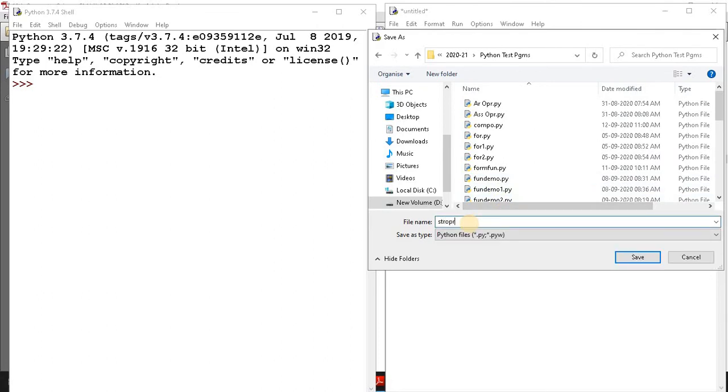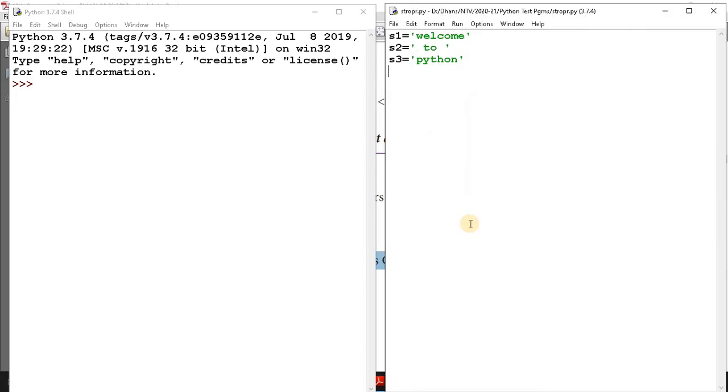Save as string operator. Here, print s1 plus s2. What will happen?